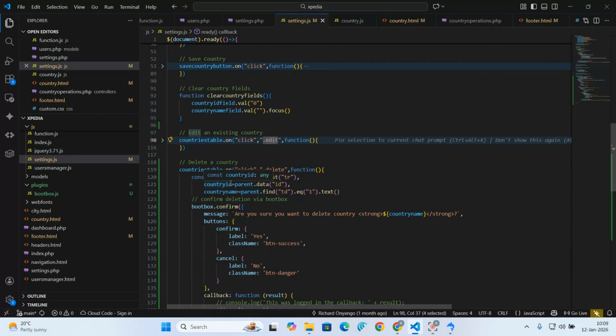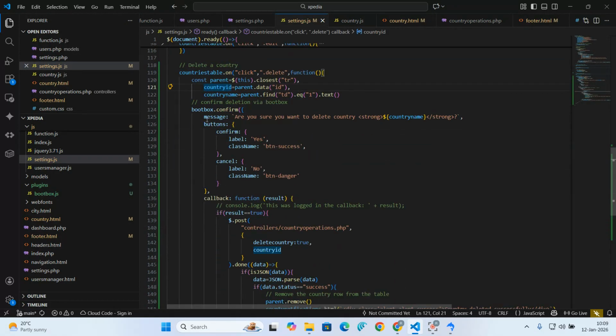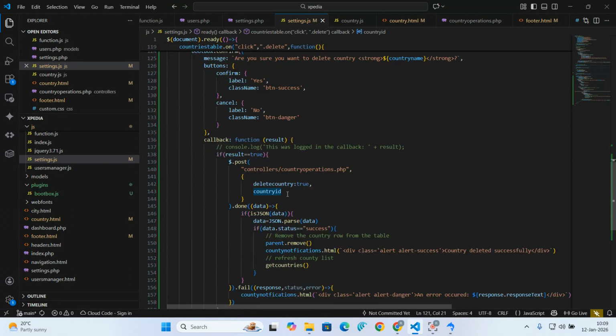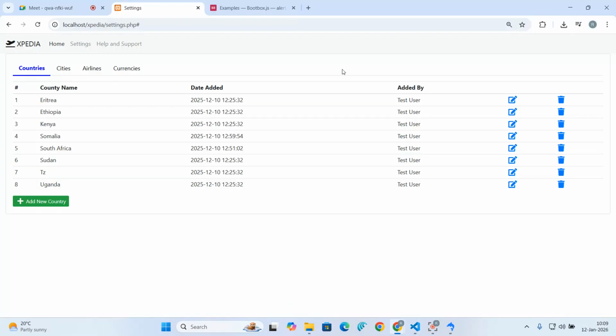Then you've also looked at how to use variables over here. We've also seen how to use bootbox, and of course, the rest of the things is what we had done last time. So that concludes CRUD, or create, read, update, and delete operations, as far as our Expedia system is concerned. Now, the same should be replicated for all the elements that you're using